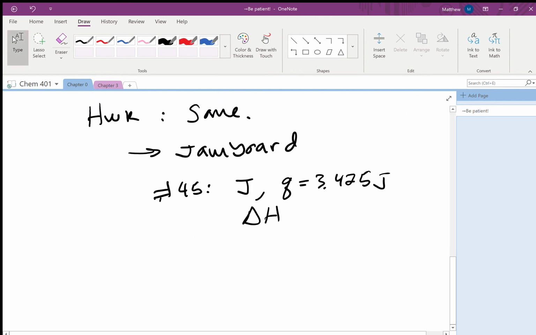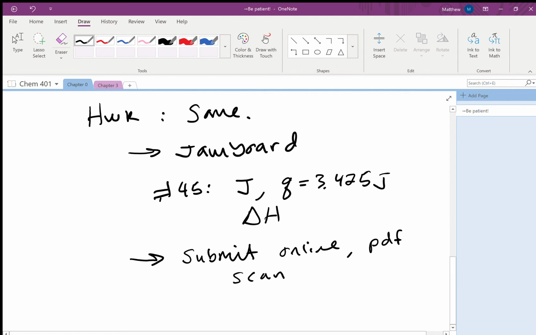Oh, and homework you will submit online. Okay, so I have a submission date, I think it's March 30th, for the next homework set. So we'll submit these online, and this is only going to be accepted in PDF format. You can scan this in with a scanner, or you can use any type of app to convert a picture from your phone into a PDF file. There's several apps that can do this. But importantly, you have to submit the homework as a PDF.